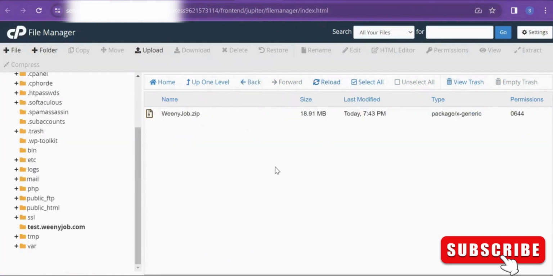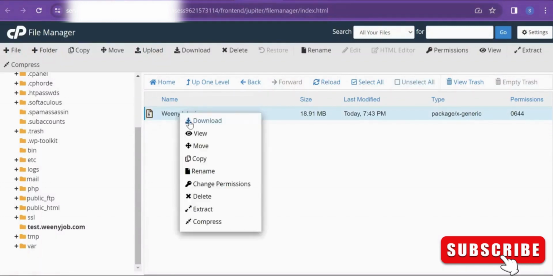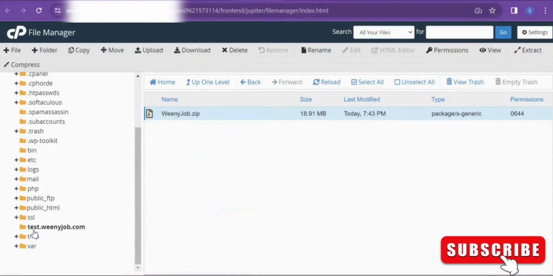I can reload the page. Yeah. So here, this is the zip I received. So I can just click on this to extract it over here. I'm in my subdomain folder, which is just .winijob.com. So I'll be extracting this in the root.